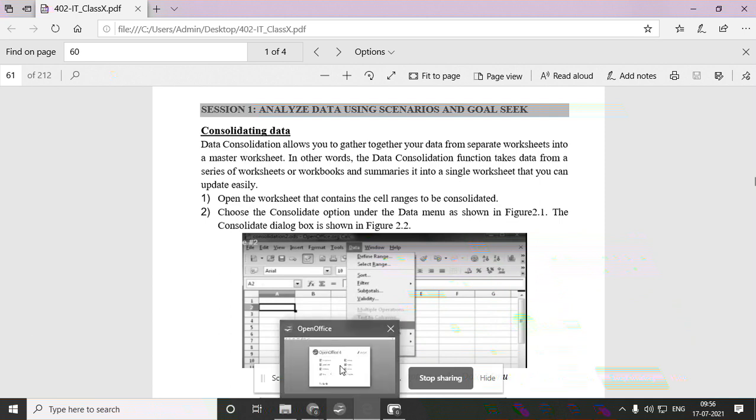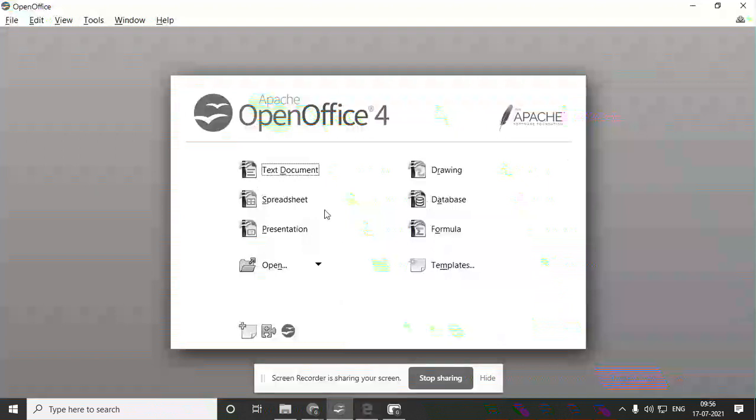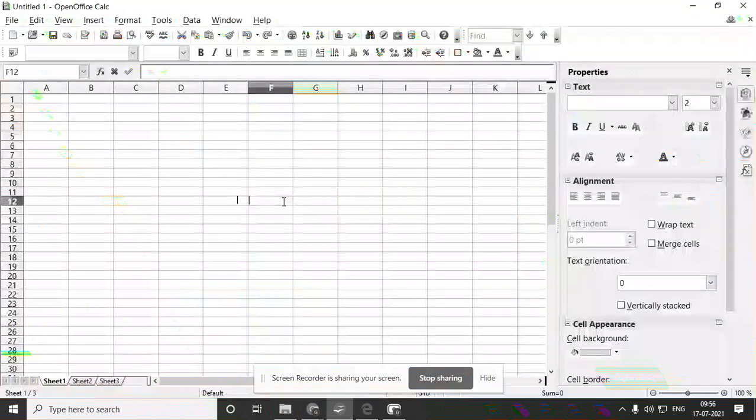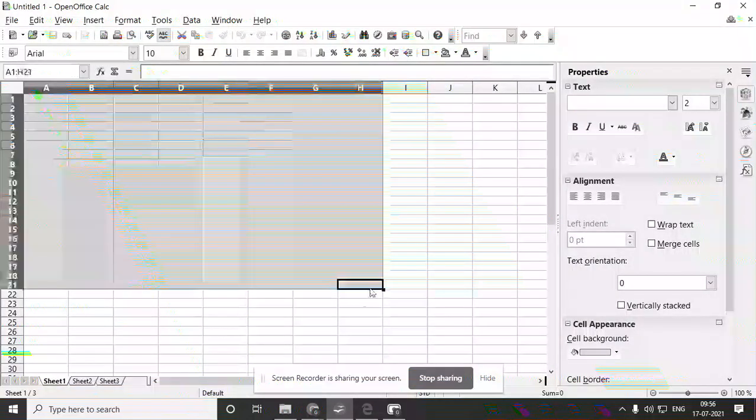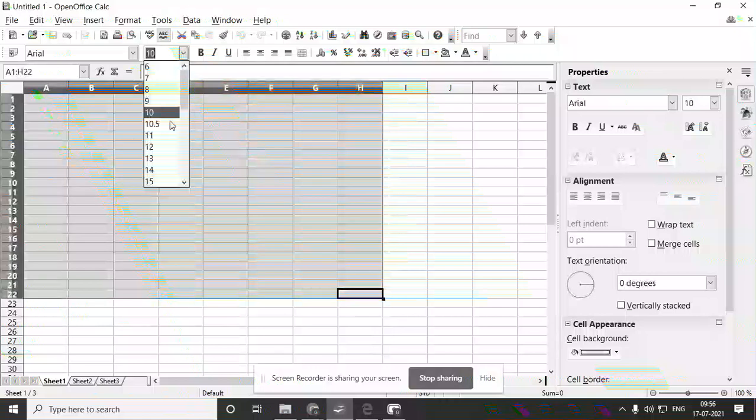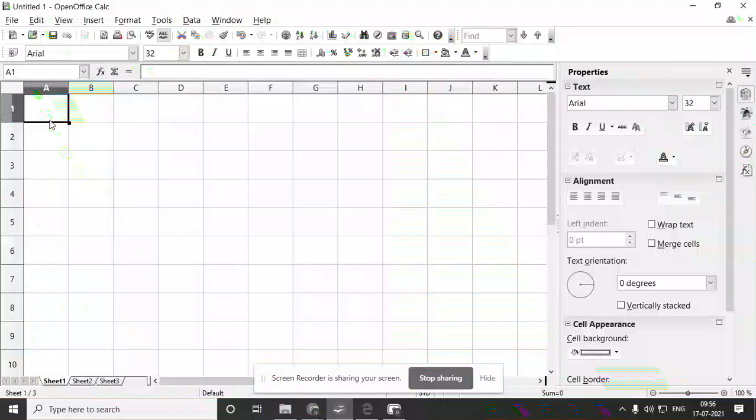So how did we perform consolidation yesterday? For that we are going to use the spreadsheet option. Yesterday I took one example, your 7th standard and 8th standard results. Here I'll take your UT1 and UT2 marks. In sheet 1 I'll take UT1 marks, in sheet 2 I'll take UT2 marks.